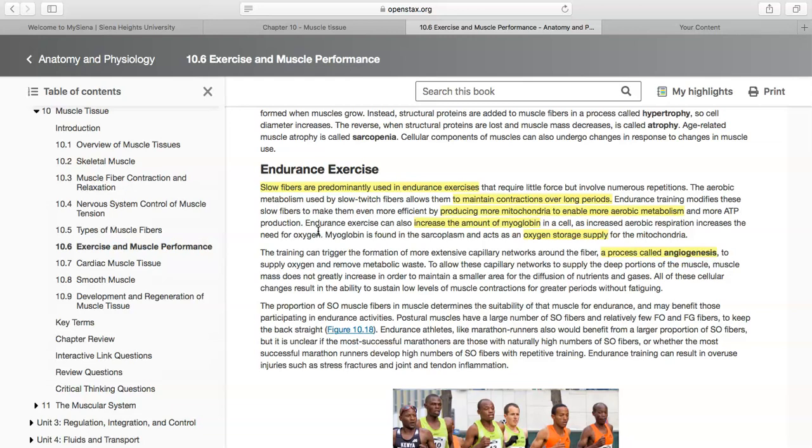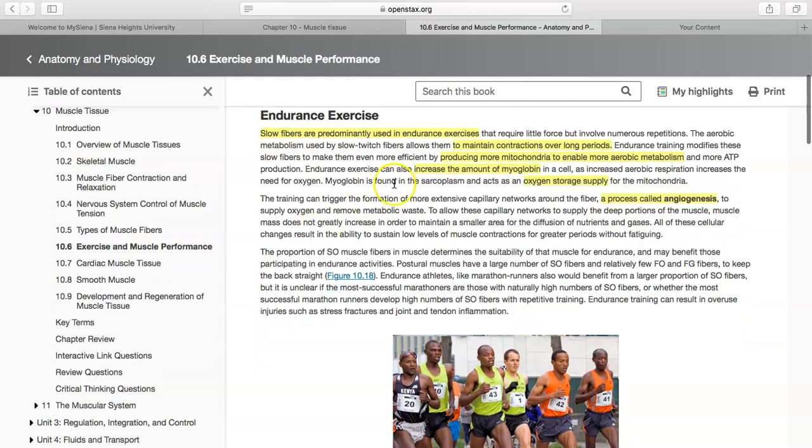And if you endurance train, you can make them even more efficient by producing more mitochondria, which enables them to use more aerobic metabolism, making more ATP essentially. Endurance exercises also increase the amount of myoglobin in the cell, and myoglobin acts as an oxygen storage supply for the mitochondria. That same type of training, let's talk about marathon running, for instance, can also increase capillary networks,